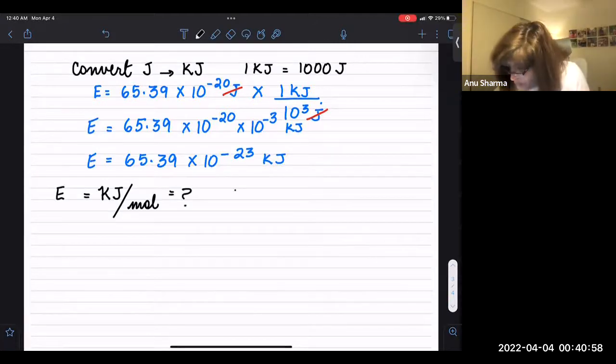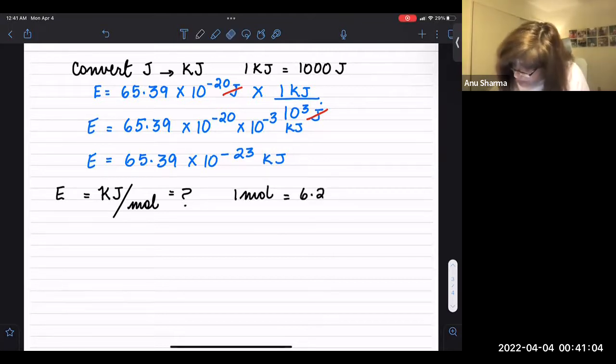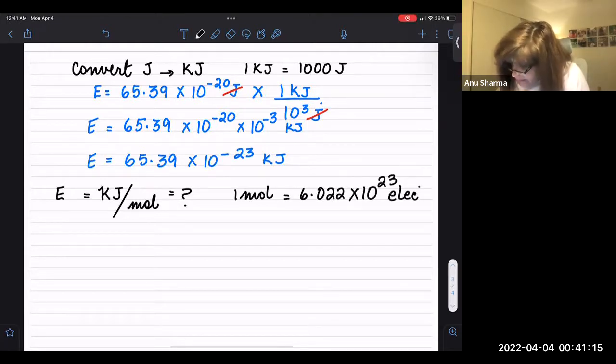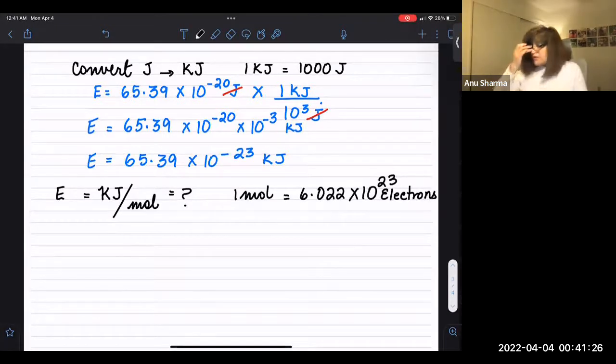Now, 1 mole would contain 6.022 into 10 to the power 23 electrons. So 1 mole would contain that. So in other words,